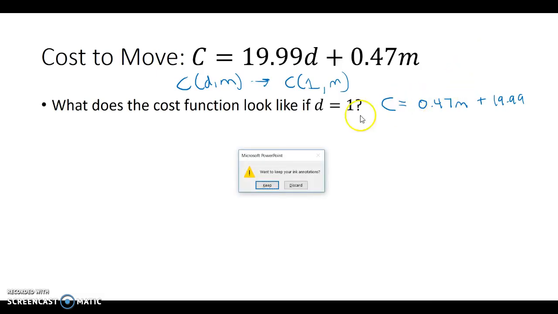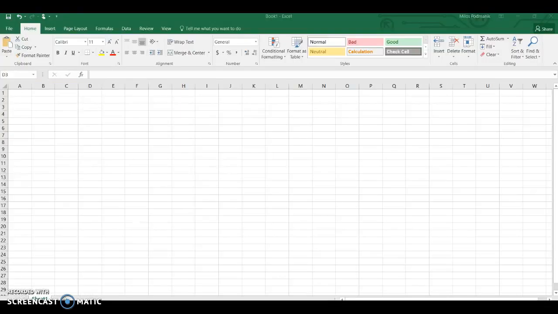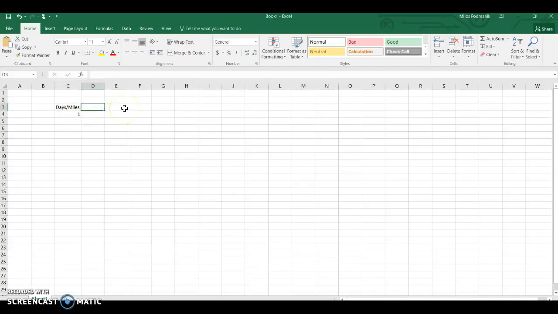So we'll go over to Excel. And in Excel, this is an incredibly nice feature of Excel. We can actually do a couple of things here. So what we'll do is we'll keep track of the days and miles. Okay, so the way I have this set up is we'll look at 1 day, and then we'll look at the number of miles. So we'll just say, I don't know, we'll go 0 miles, 10 miles, 20 miles, 30 miles, 40 miles, and